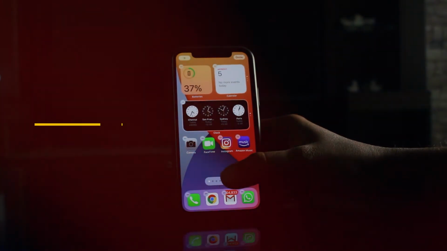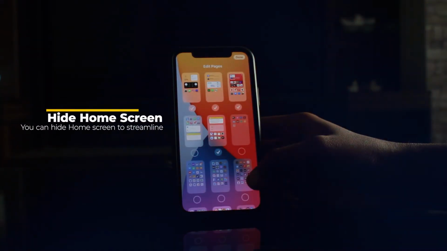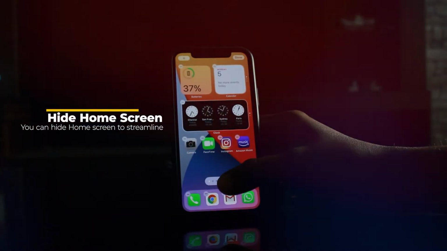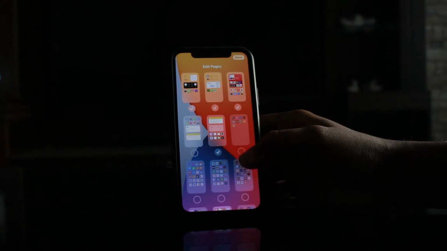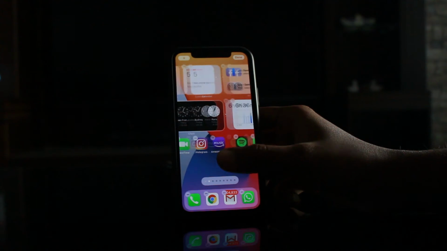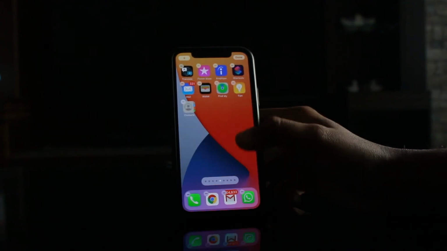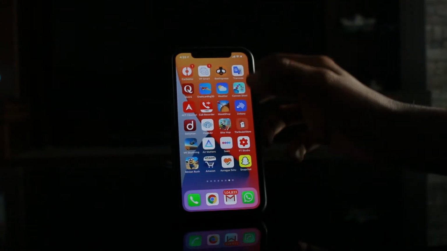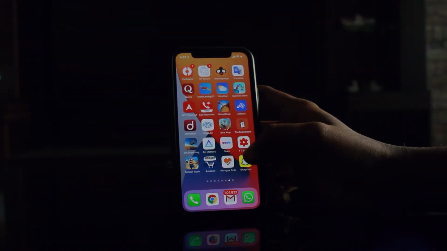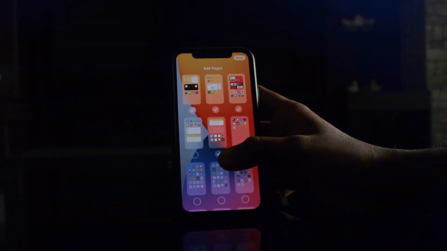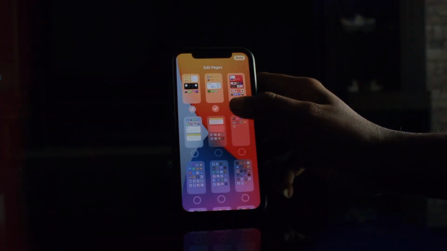Now you can hide your unnecessary pages and make your home screen look cleaner. That's what I'm going to show you, how you can hide all the pages. You can see I have so many home pages right now on my home screen, so I'm going to hide them. To do that, I have to long press on the screen, and then untick all the pages I want to hide. I'm going to keep only 3 pages which have the useful apps. That's all. There you go, it's set.